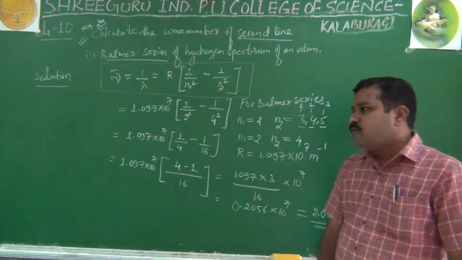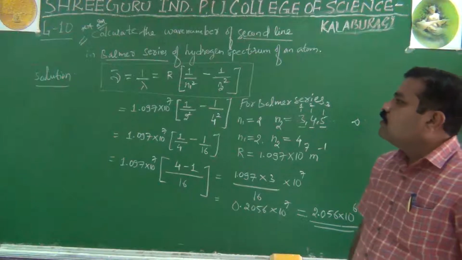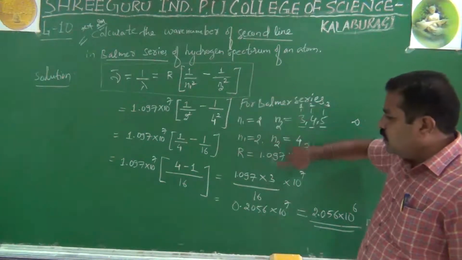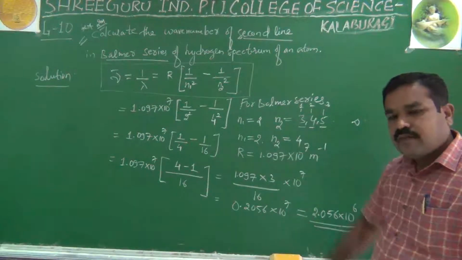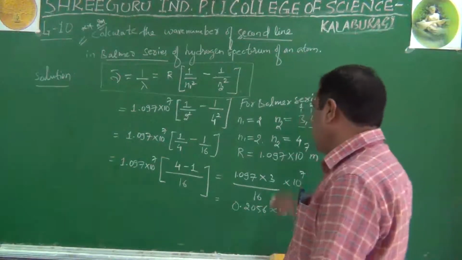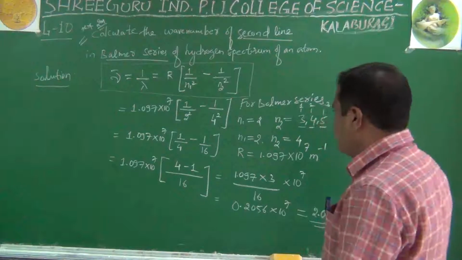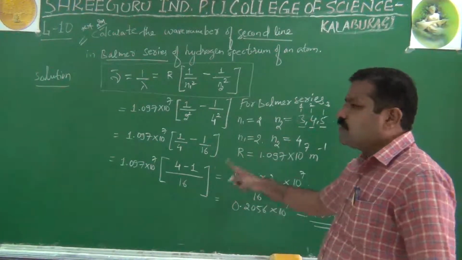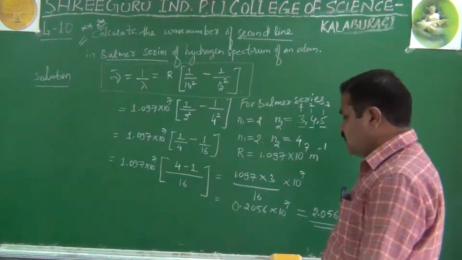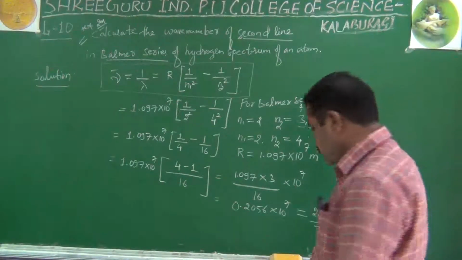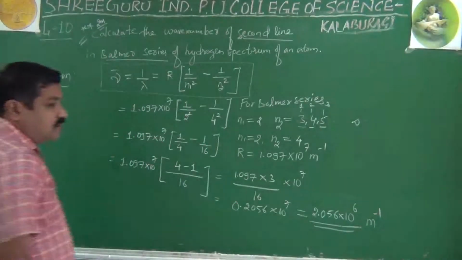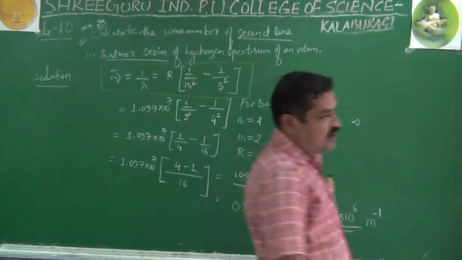Okay. So students, please try to remember this formula and the value of R. 99% the R value will be given, only n1 and n2 you have to take, that's important. If you take those and do the mathematical calculation correctly, you will get full marks. Right. So that's about the first problem on spectral lines, the hydrogen spectrum of an atom.